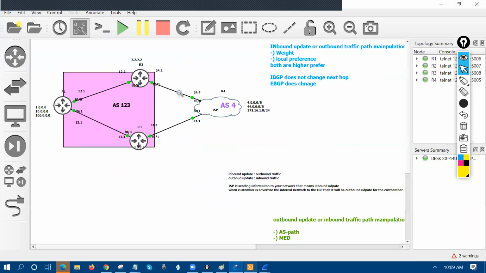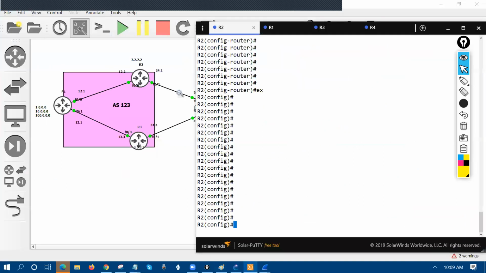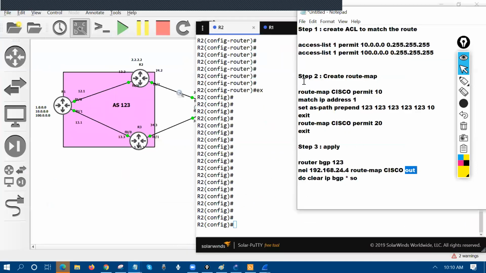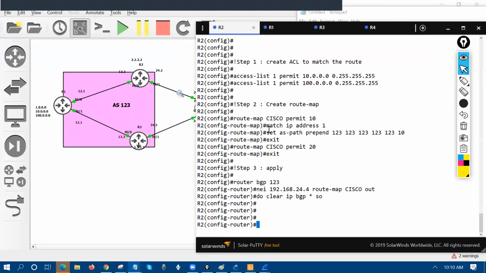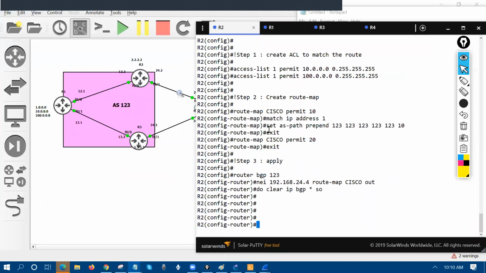So now go back to router 2 and copy this policy. I'll make this part a comment right now, otherwise it will give an error. So let's copy this. Can we have a look now? That's good, right? So if you go back to router number 4